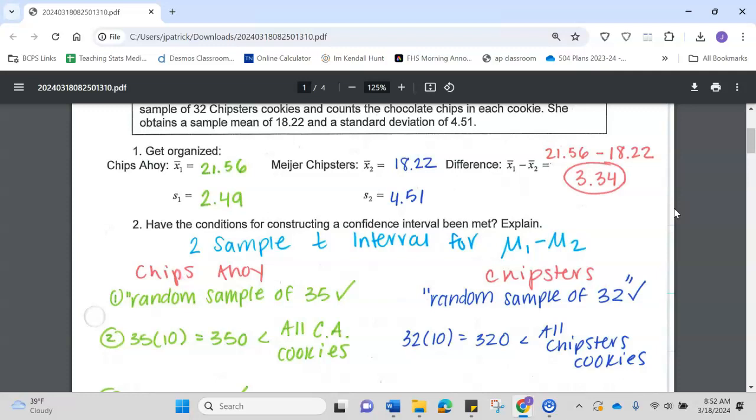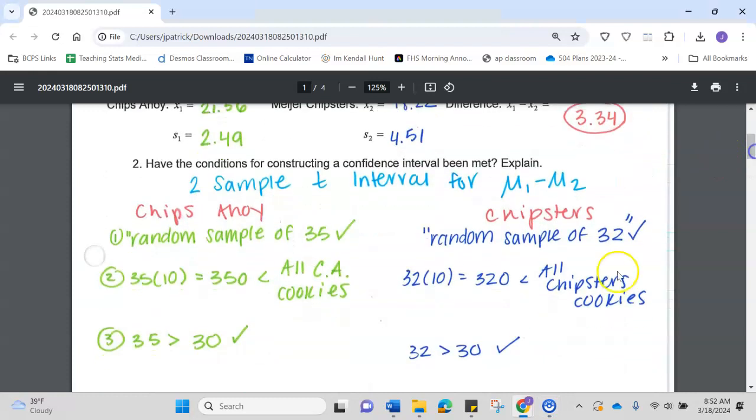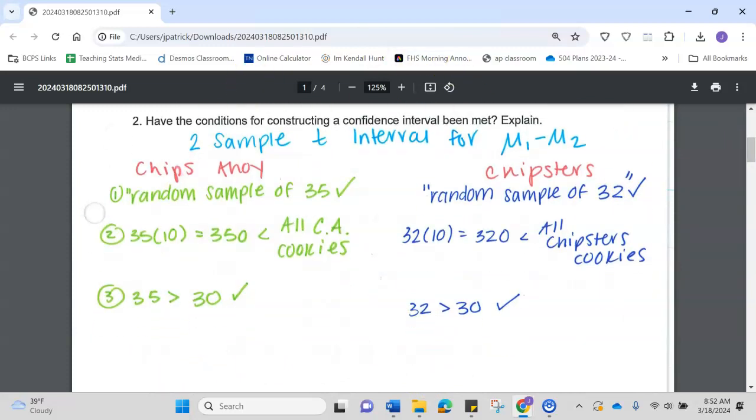So again, what that means is our sampling distribution is going to be a t-curve because we're still using these sample standard deviations instead of the population standard deviation. We don't know the true population standard deviation. We're stuck with these samples, so we're still going to end up with a t-curve, even though we have at least 30 in each sample. So I guess what I could scribble down here is that